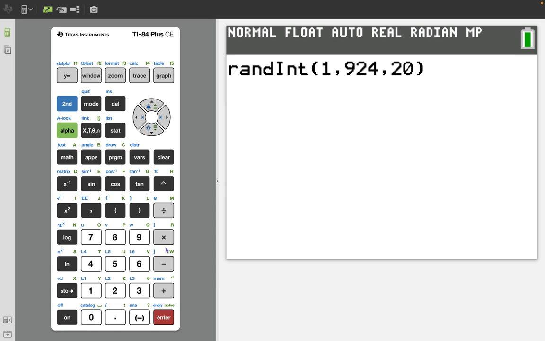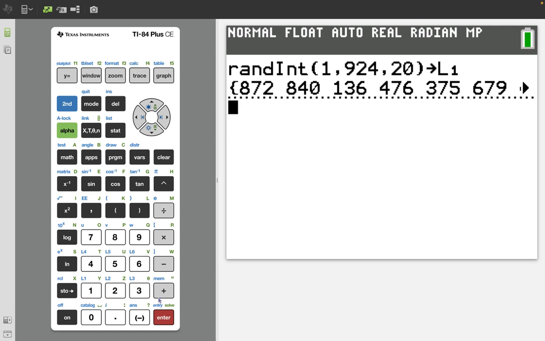That can be a bit hard to see on the screen. So what I can do is store it as a list. So after that, before I hit enter, I press store and then second. And if you look at the number 1 key, you'll see above it L1. So it's going to store in list 1. And I'm going to hit enter. And then there are my numbers, and I can scroll across and see all of them, but as I say, it's